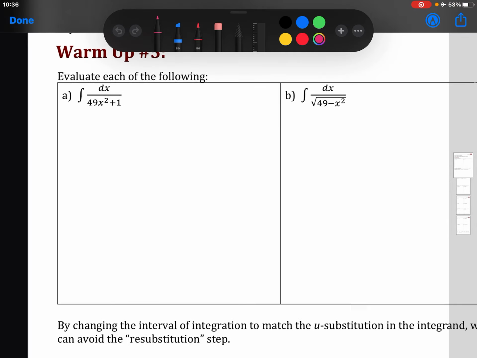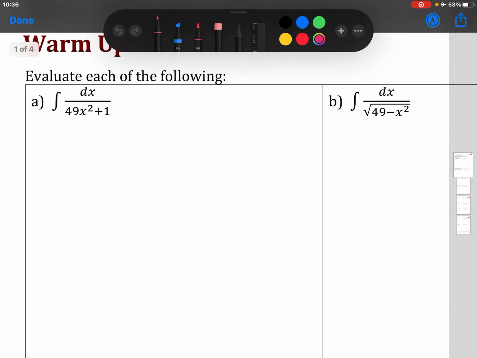So the warm-up here, what quantity squared gives me 49x squared? So I can rewrite it as 1 over 7x squared plus 1 dx, right? So I'm going to pick my u to be 7x. So du would be what? Just 7 dx. Now see what you have and what you want to replace with. I have 1 dx and I have that extra 7, so I'm going to divide by 7. So what am I left with? I'm left with just